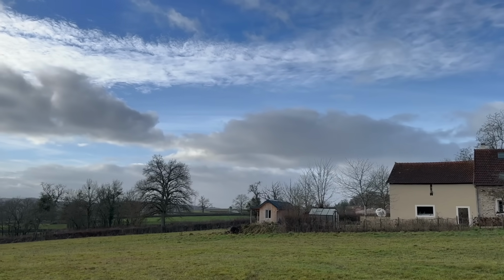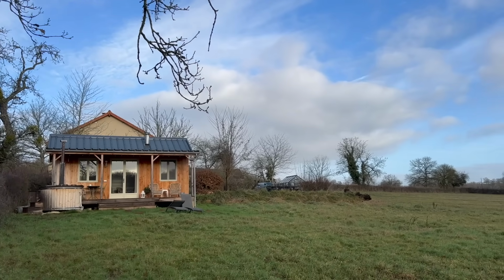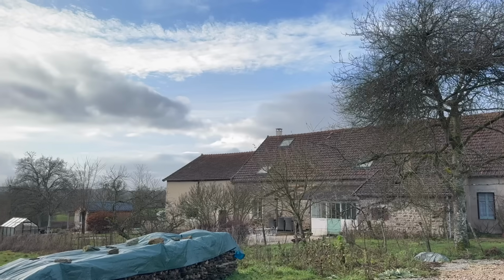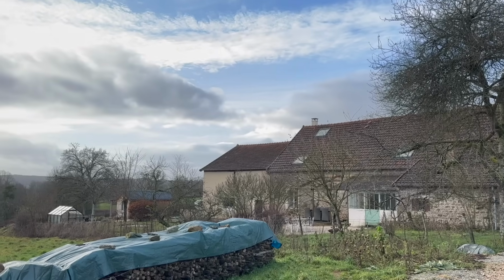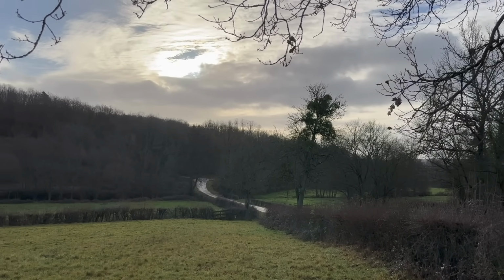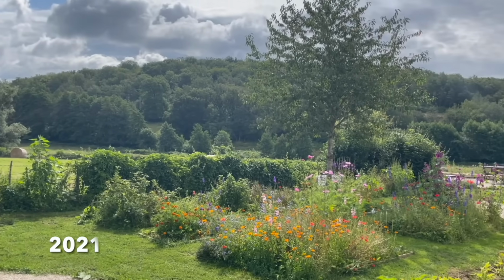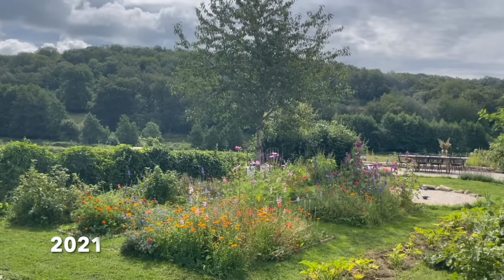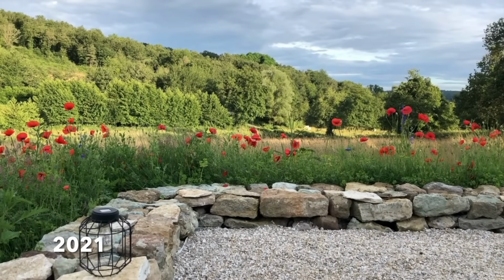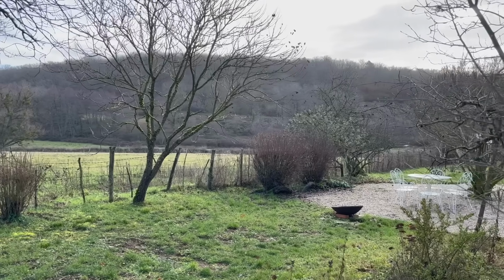But to do all these building projects and modernize the house, we've had to completely destroy the garden that was here. We've installed a new septic tank, plumbing for the cabin, which means that I have only started to look at gardening since 2021. The first year, our garden was beautiful. The flower beds were beautiful, and I thought, if it's going to be like this every year, I am going to be so happy. But quite honestly, I have struggled in the past 2 years to make the flower bed